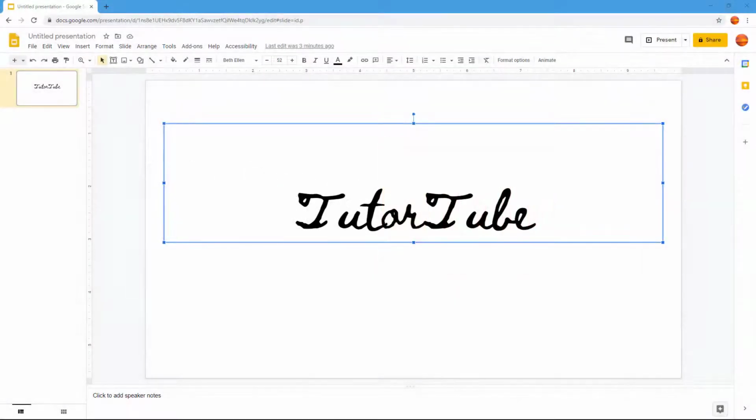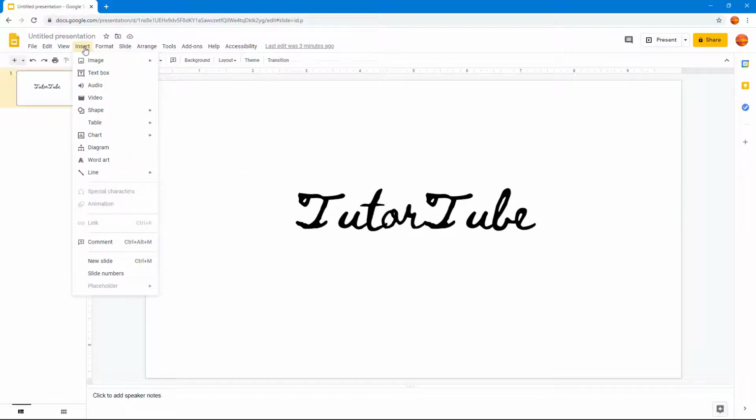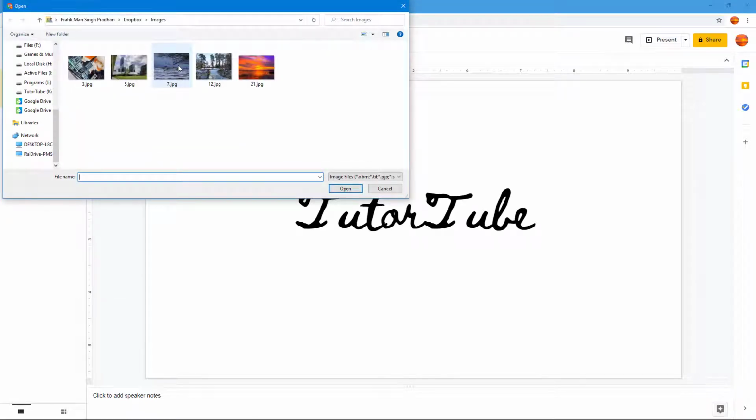So now let's add an image onto our Google Slides. In order to upload an image from your computer to add it into your Google Slide, you have to go to Insert and then go to Image. Over here you have an option to upload from computer. Simply click on that, and an Explorer window opens up where you can select